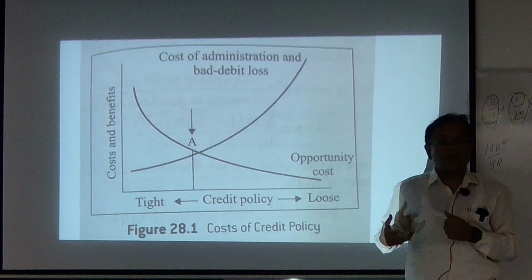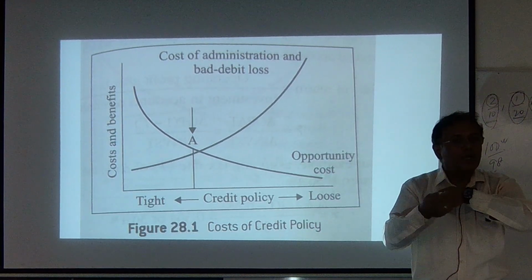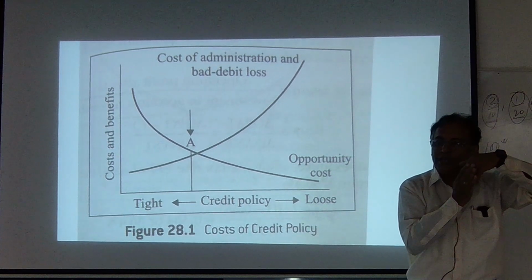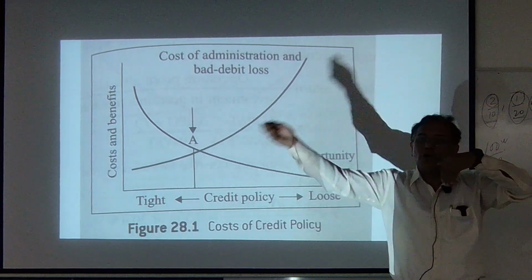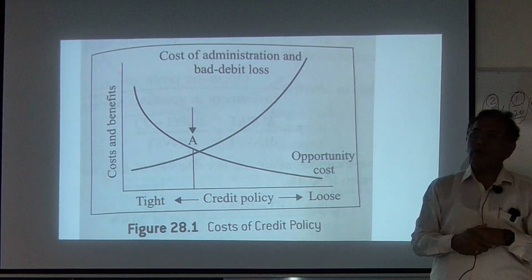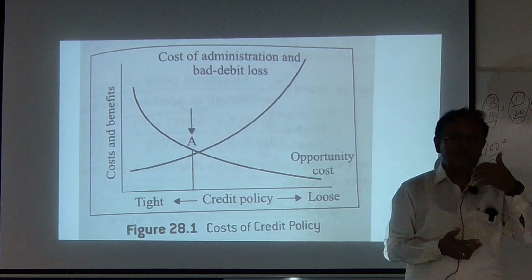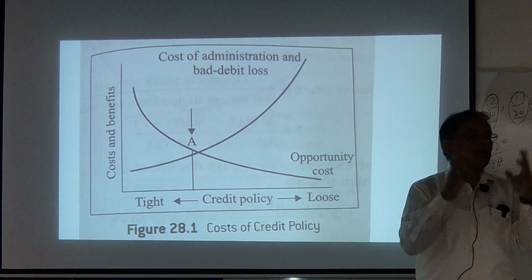लूज होने से क्या होगा? अब वो 45 डेज में नहीं दिया तो आप उसको फर्दर फॉलो अप करोगे. जो 45 डेज में क्लोज हो जाना चाहिए, अब उस पर भी आपका कॉस्ट लग रहा है. एंड तीसरा नंबर, जब आप लूज होंगे तो बैड डेट की पॉसिबिलिटी इंक्रीज करेगी, बैड डेट कॉस्ट भी इंक्रीज करेगा. तो 3 अलग अलग कॉस्ट इंक्रीज करेंगे आपके,